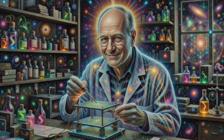If we can harness that force, we might be looking at a completely different way of thinking about energy storage and extraction. The foundation of this whole idea is that the vacuum isn't actually empty. In classical physics, a vacuum is just void, but in quantum mechanics, it is teeming with activity. There are these things called zero-point fluctuations, basically electromagnetic waves that exist even at absolute zero temperature when all other